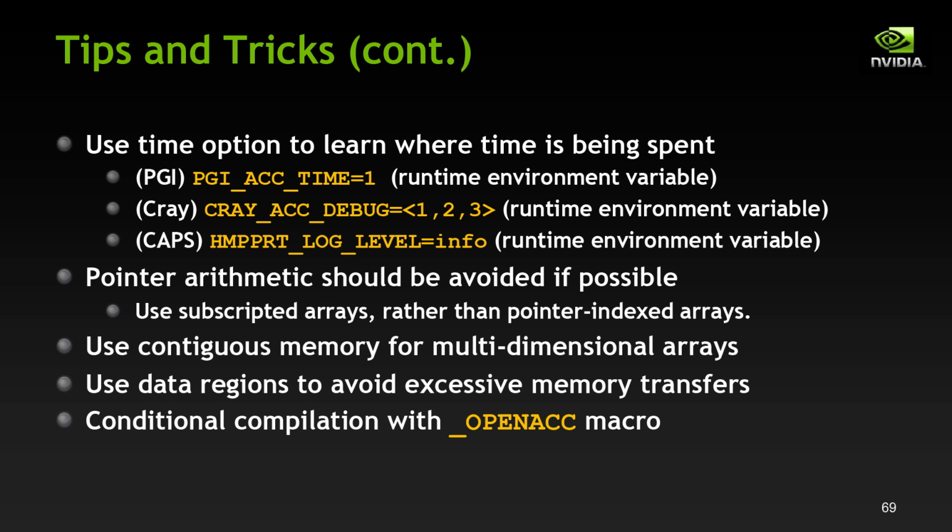I've also used it before where if I want to do something slightly differently in the CPU code versus the GPU code, you can use that to again flip on a certain portion of your code using OpenACC. So all of this is done automatically. It's defined in the specification. What that actually sets for you is the date of the spec ratification, so you can also determine whether it's an OpenACC 1.0 compiler or